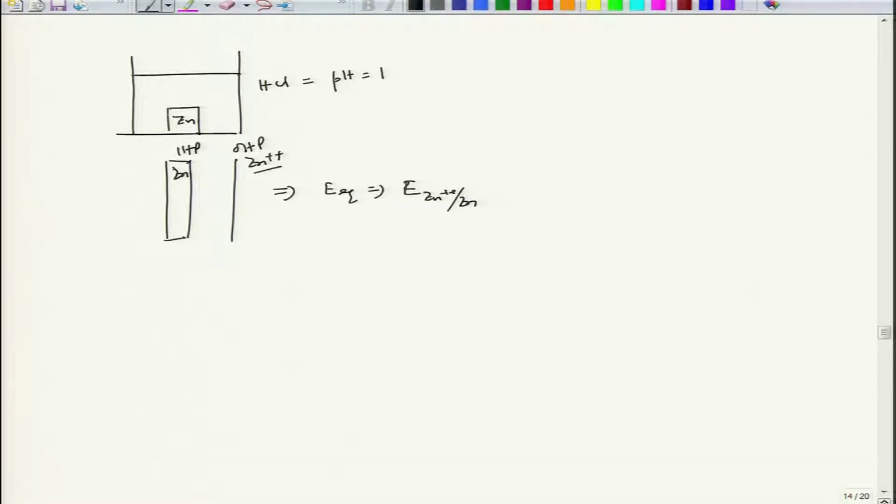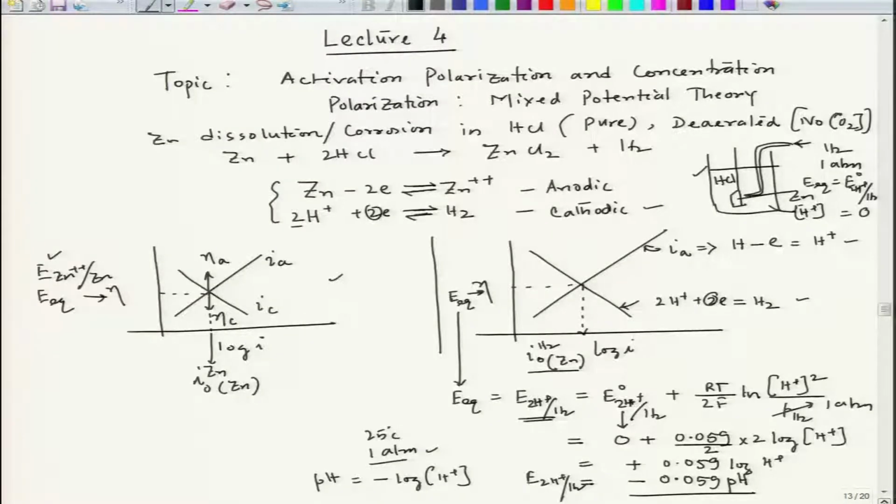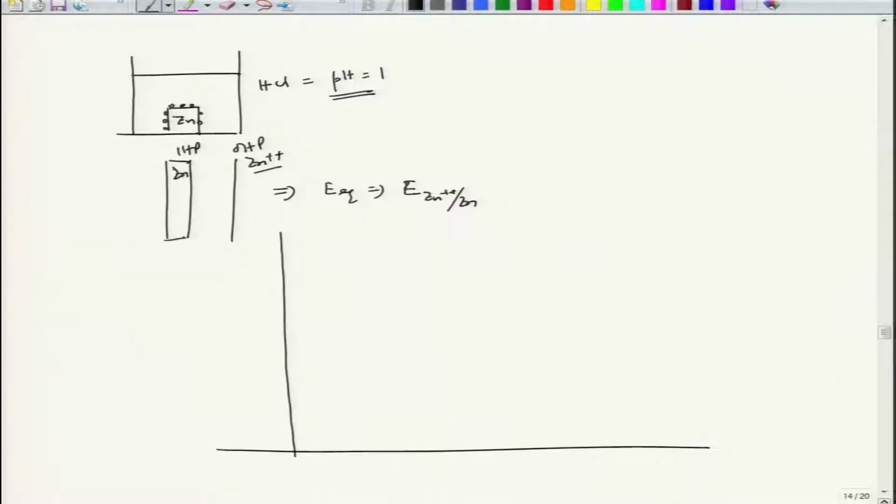Similarly, that hydrogen will start bubbling on this particular surface, it will also form a double layer, and that will also decide its equilibrium potential depending on the pH value. See, if we combine these two plots in a single plot, assuming the zinc ion concentration whatever we will experience here,